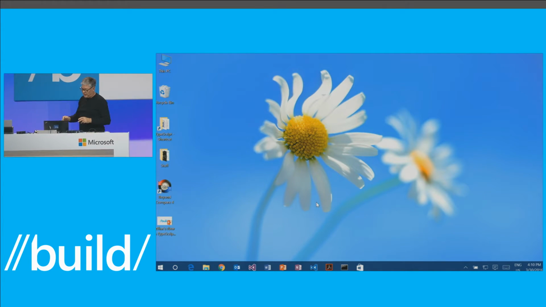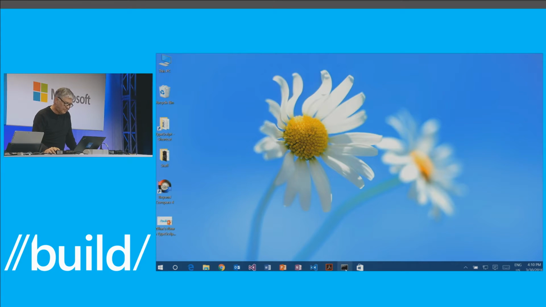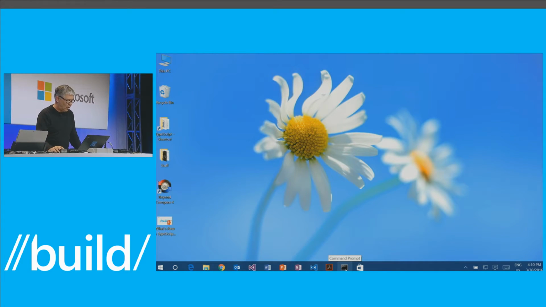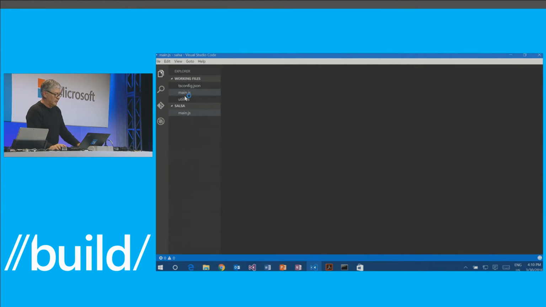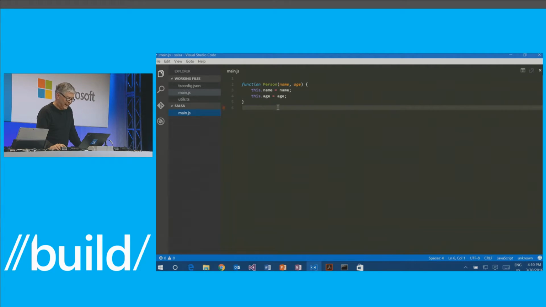Now let me show you what that looks like in action. Visual Studio Code has already switched to using that. So the latest version of Visual Studio Code, it's enabled. The code name for this project was Salsa, or is Salsa. So let me fire up a very simple file that has nothing in it other than some JavaScript.